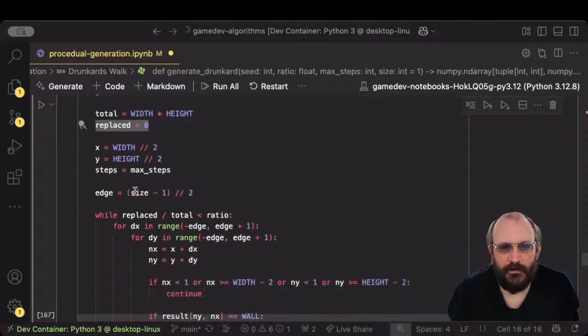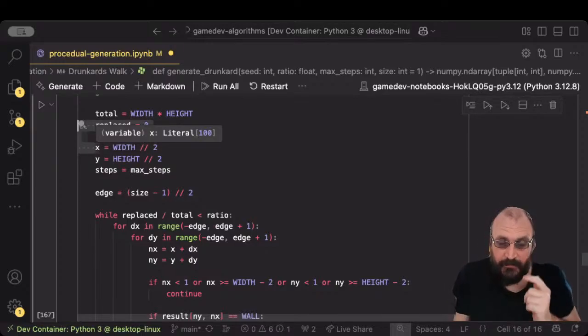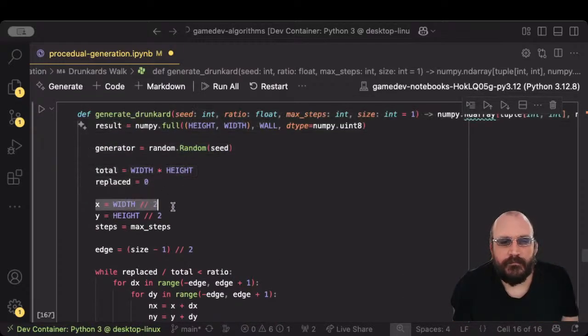We keep a total of how many tiles we've replaced. Then, while the given